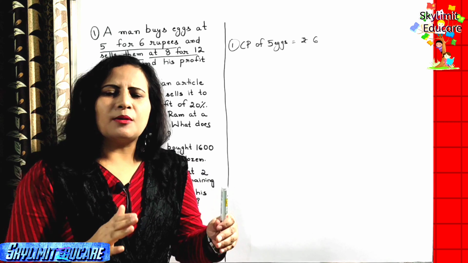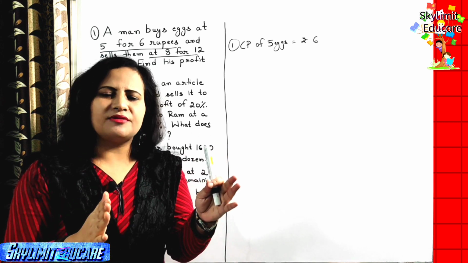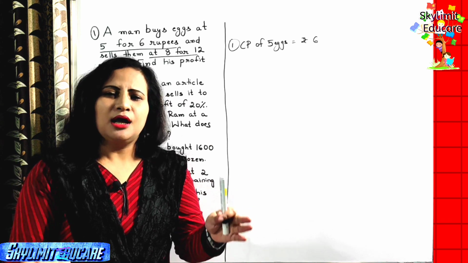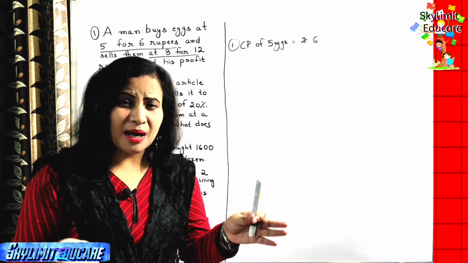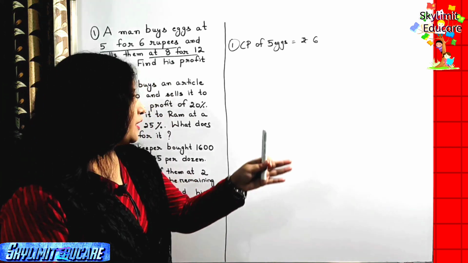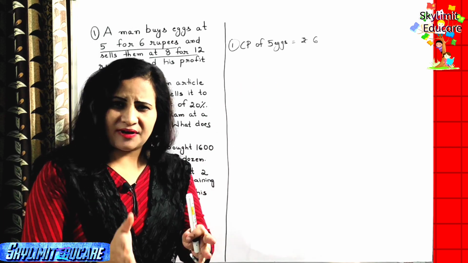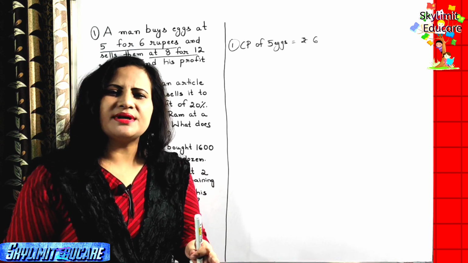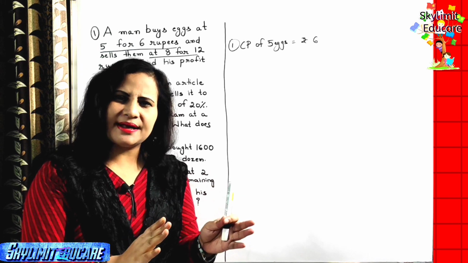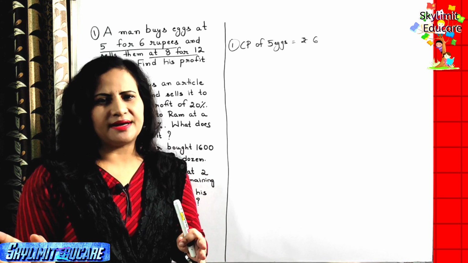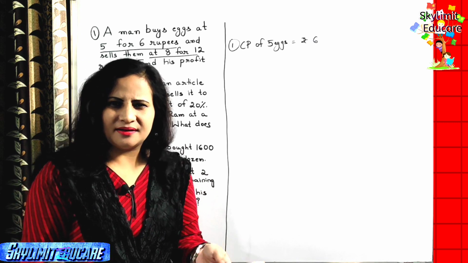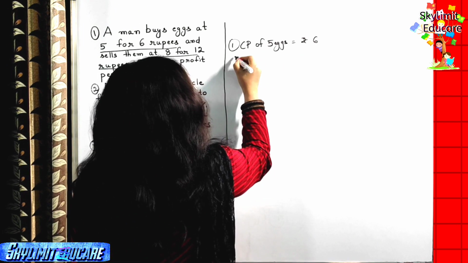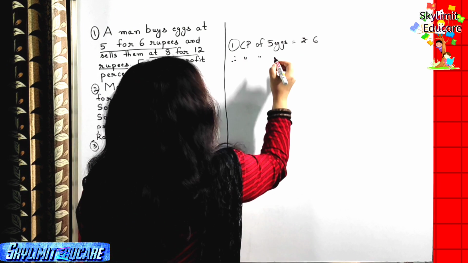So if you want to find out the profit or the loss, I told you in the previous videos also that you should calculate it for the same number of articles, right? So you cannot compare the cost price of 5 eggs with the selling price of 8 eggs. The first thing you need to do is calculate the cost price and the selling price for an equal number of eggs. So it's better if we take it as 1, right? So let me first find out CP of 5 eggs is rupees 6. Therefore, let me find out the CP of 1 egg.